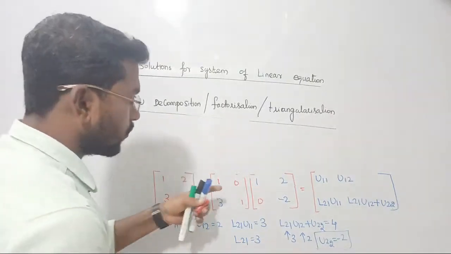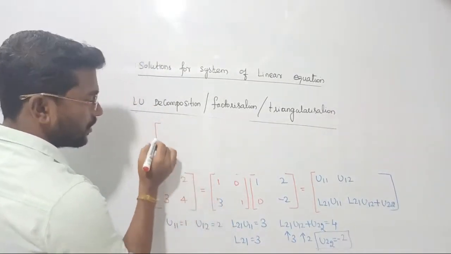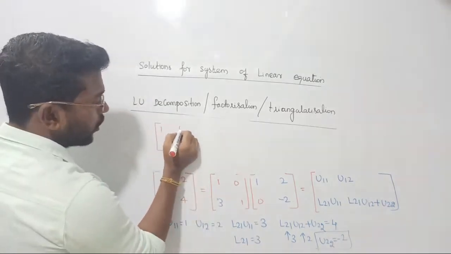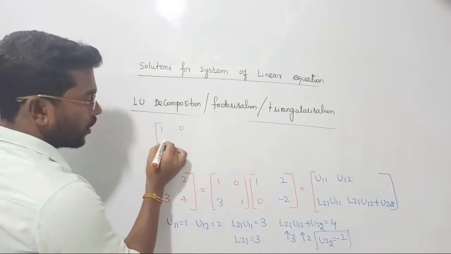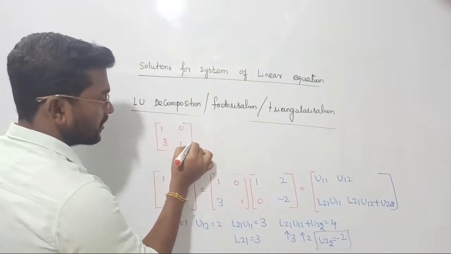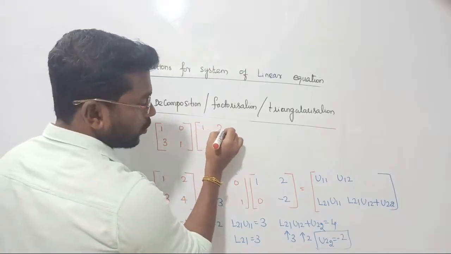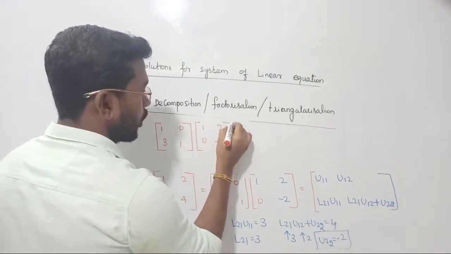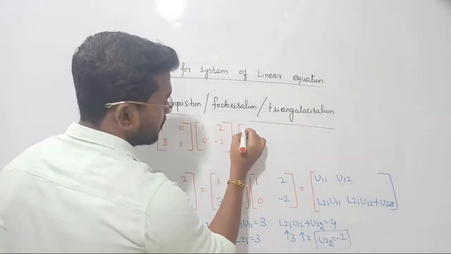After finding this one, what I have to do is write matrix A. Guys, listen, in terms of upper and lower triangular format we can write [1 0; 3 1] instead of considering matrix A. After factorizing this one we can write [1 2; 0 -2], that is lower and upper triangular matrix. Now with this we can write your variables x and y